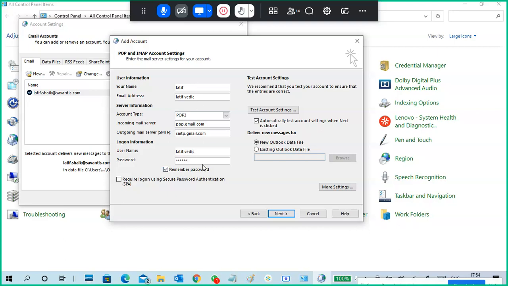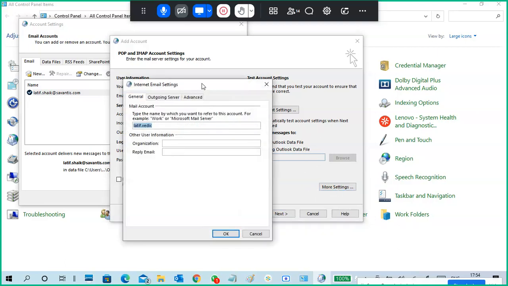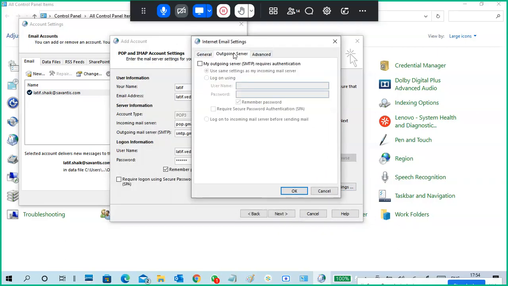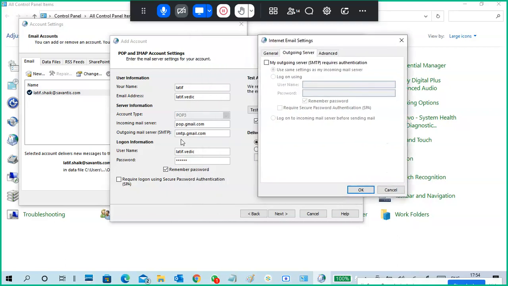So this is the mail setting. But what is this more setting? Go to more settings, outgoing mail server. Make sure whether the authentication is the same or different. Sometimes incoming authentication is different from outgoing authentication. You have to say same as incoming mail server. If it is different, you can use a logon like this.